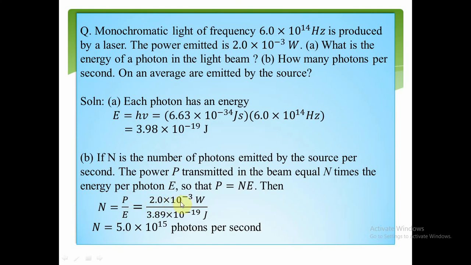2.0 into 10 raised to minus 3 watt divided by 3.89 into 10 raised to minus 19. If you simplify this, we'll get 5.0 into 10 raised to 15 photons per second. This is one of the simplest problems. Next problem,